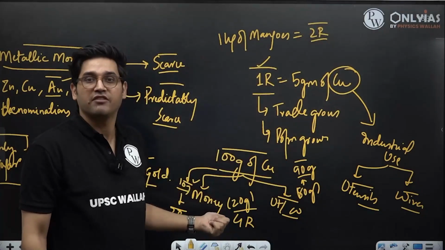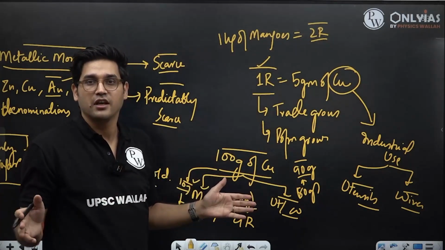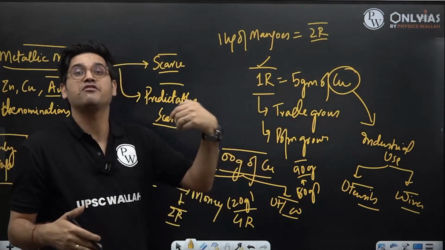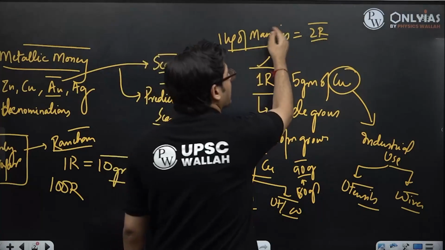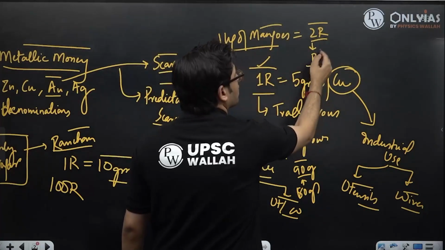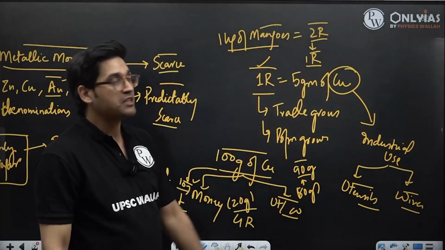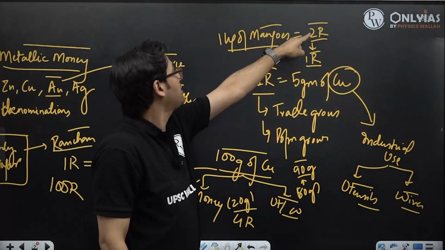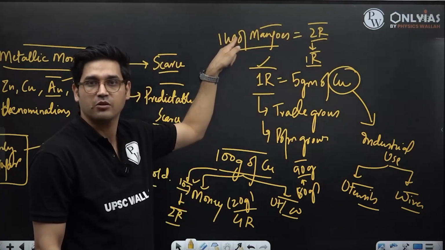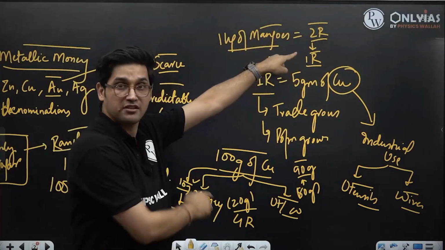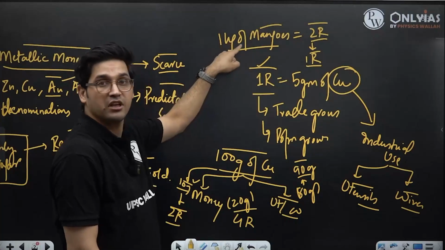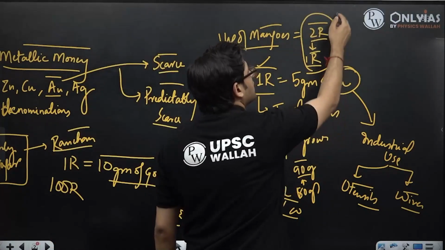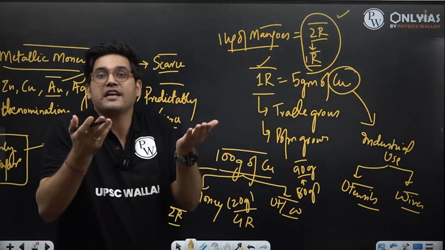he wanted 2 Ranchans for 1 kg of mangoes. In this economy where the number of copper coins is lesser, he is also going to require copper coins because he wants to buy other things. He will be willing to give me 1 kg of mangoes not for 2, but for 1 Ranchan. That means the purchasing power of the Ranchan is increasing. Previously, one Ranchan would fetch me half a kg of mangoes. Now one Ranchan, because Ranchans are scarce, is going to get me 1 kg of mangoes. That means the purchasing power of these copper coins is going to rise.